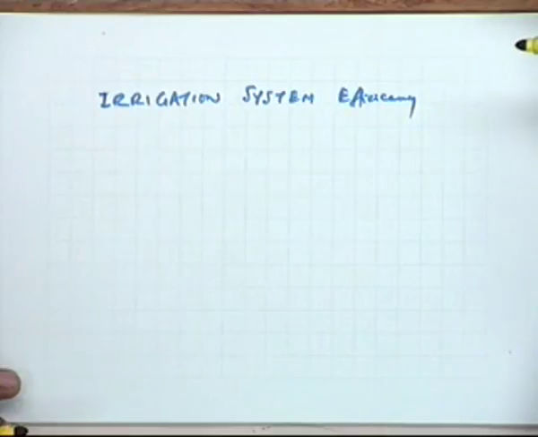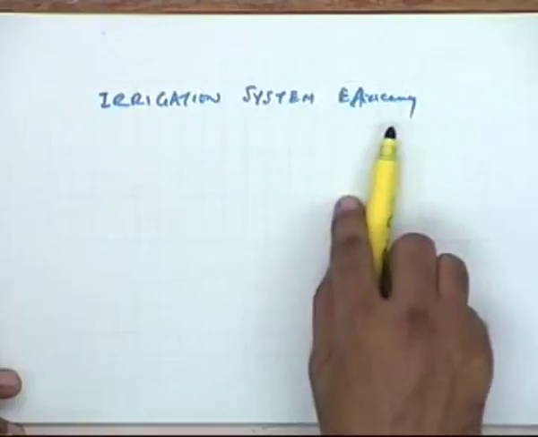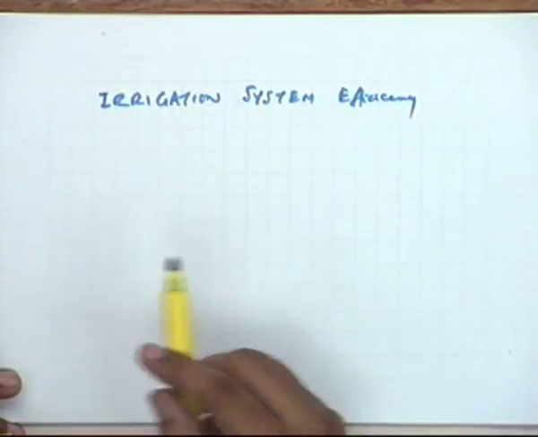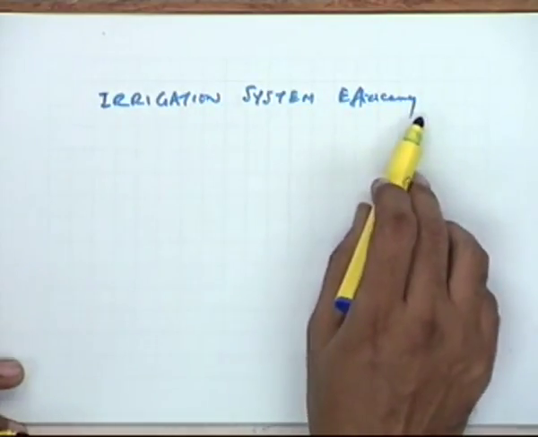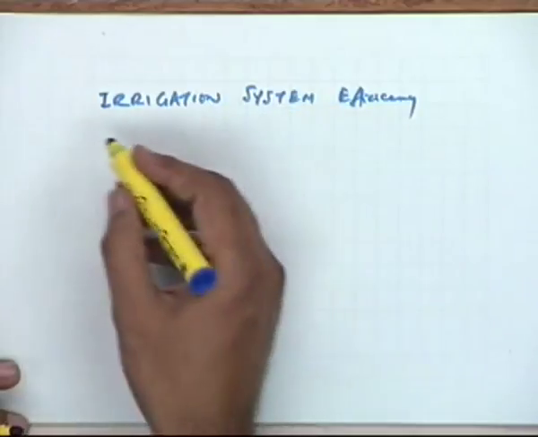You have seen all the individual efficiencies into which the system can be divided, when you intentionally divide the total system into different components and define efficiencies in those segments. But if you want to look at how the overall system is performing, then you can define this irrigation system efficiency,